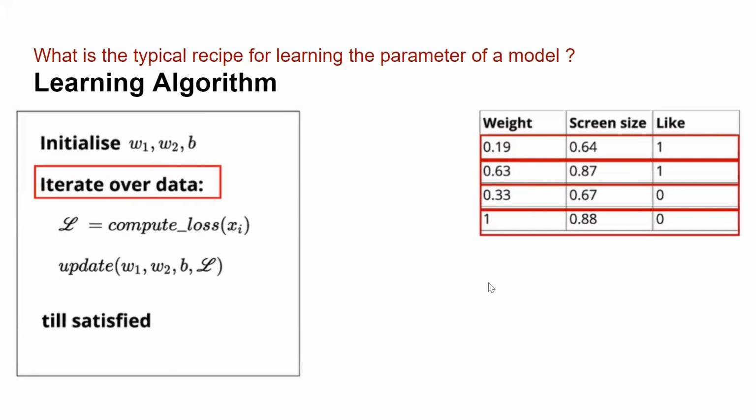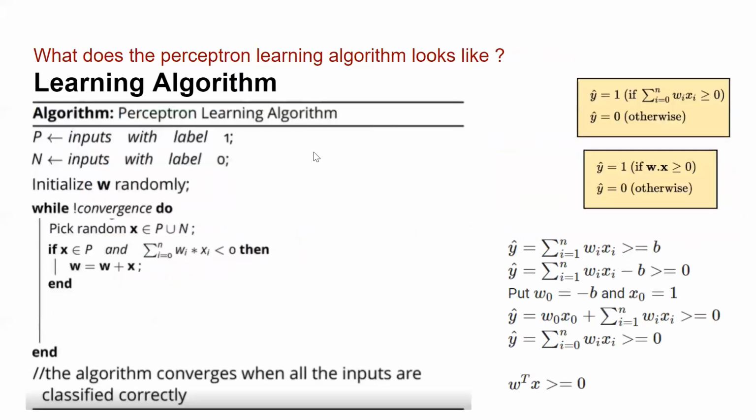If you are more focused on the application part, maybe you will not care about the operations that are happening in the backend. But if you want to understand how updates are being made, this is the slide I'm going to explain. Before I explain the algorithm step by step, let me make a certain adjustment to our existing formula. This is the hypothesis we have for the perceptron: y cap is summation of Wi xi greater than B. I hope this hypothesis is clear to you by now.